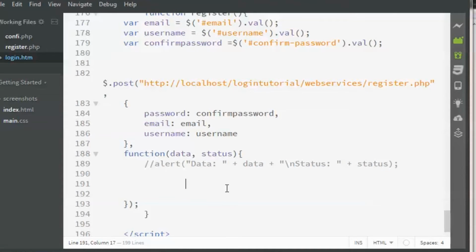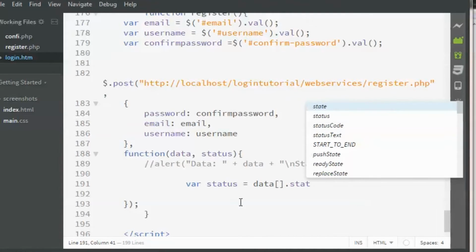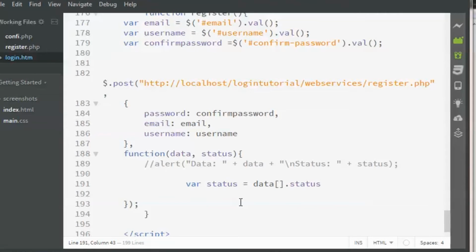So what you need to do is create a var called status, or you can directly use the value of data[0].status. Make sure the value is 0 here.